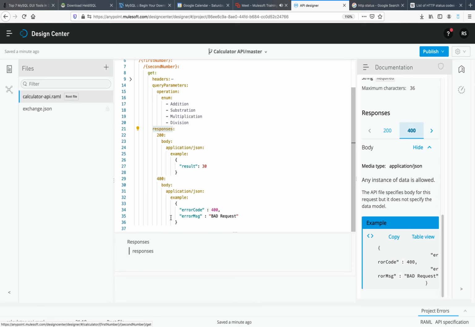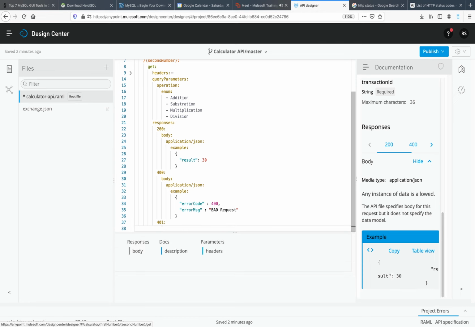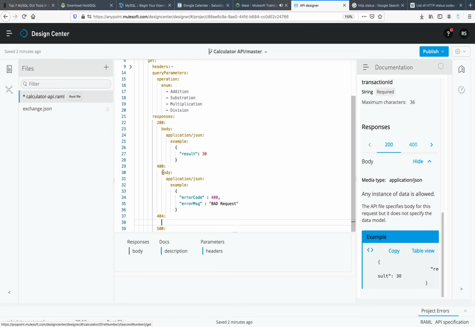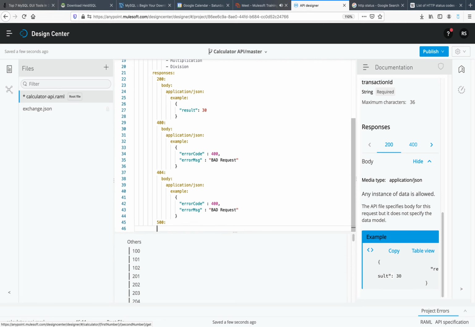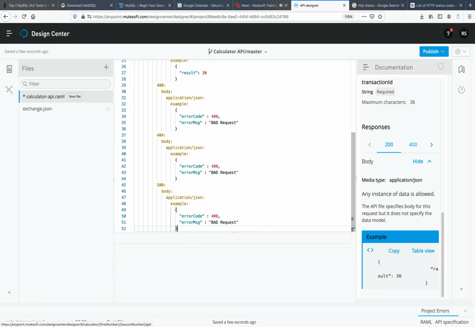so now after this 400 we want to define two more statuses, that is 404 and 500. Since it's very similar to 400, what I will do is copy this, and here also. But we will change whatever things are required.